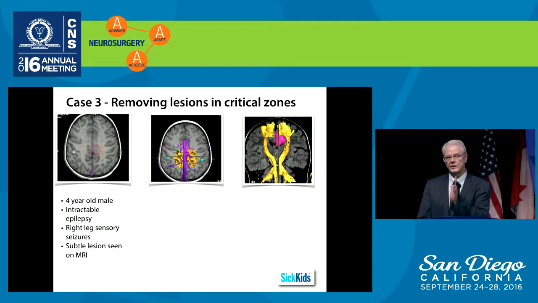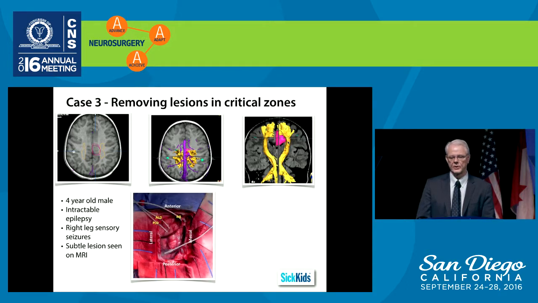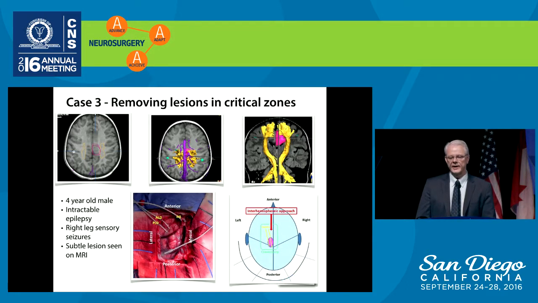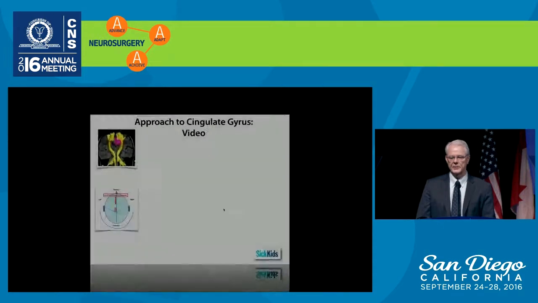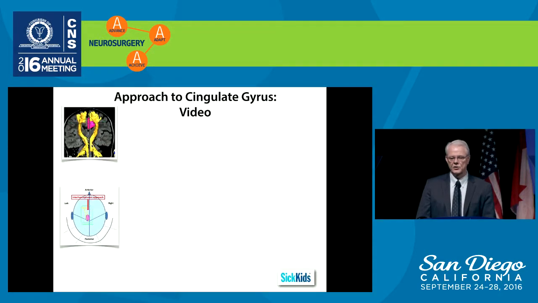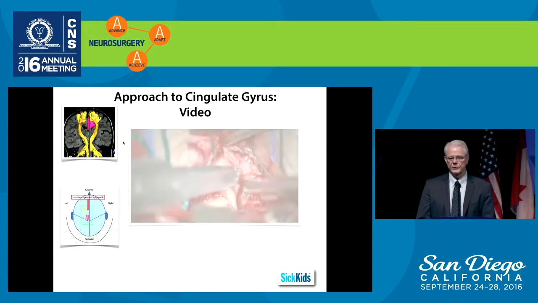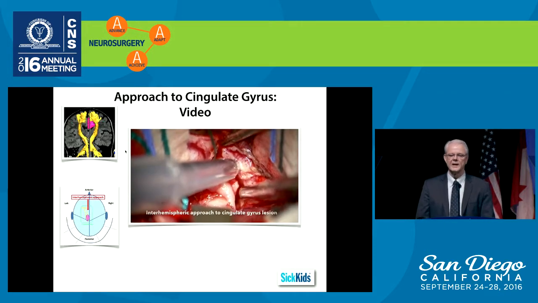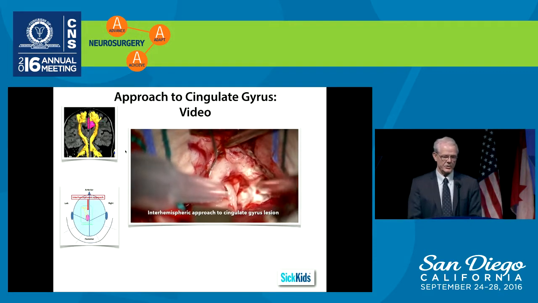You don't want to go too far laterally as you're resecting these so as to avoid injury. During invasive monitoring, we placed 2 depth electrodes into the lesion and an interhemispheric strip, and we approach this through an interhemispheric approach as is shown here. So there's the lesion in this 4-year-old child, and here's the video showing the resection of this using the interhemispheric